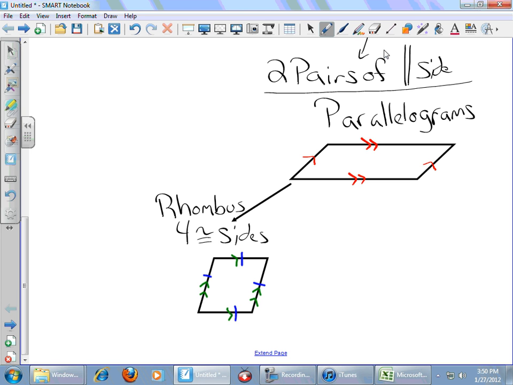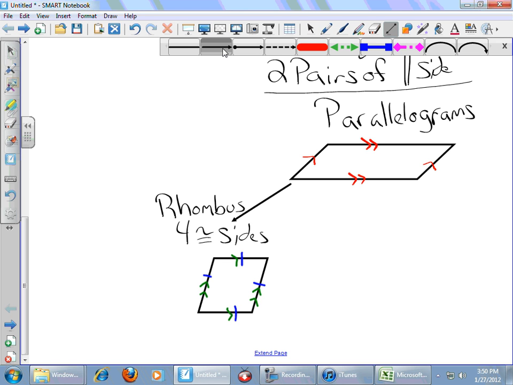So the parallelogram had a child called the rhombus. It was like the parallelogram. It had two pairs of parallel sides, but all four were the same exact length, and so they called them rhombus. Now, it had another child,